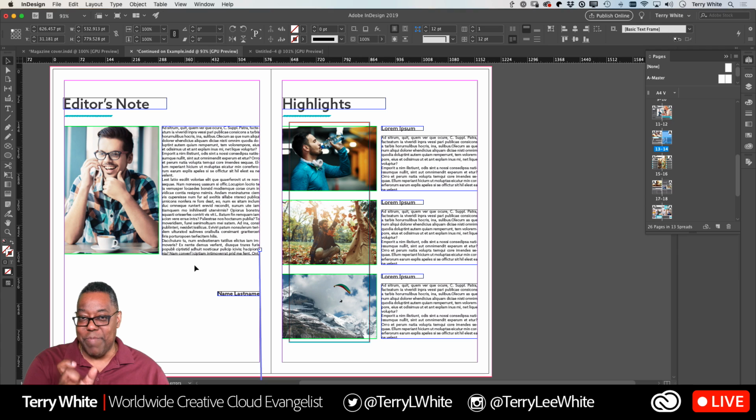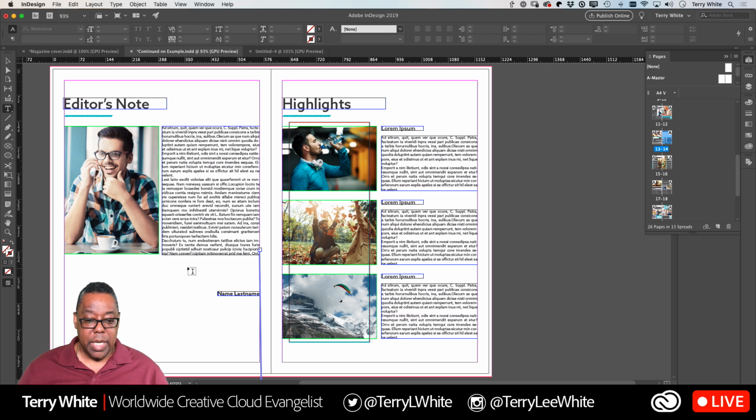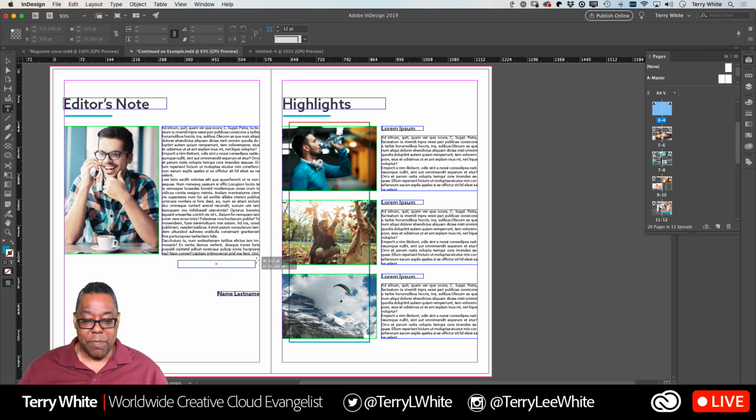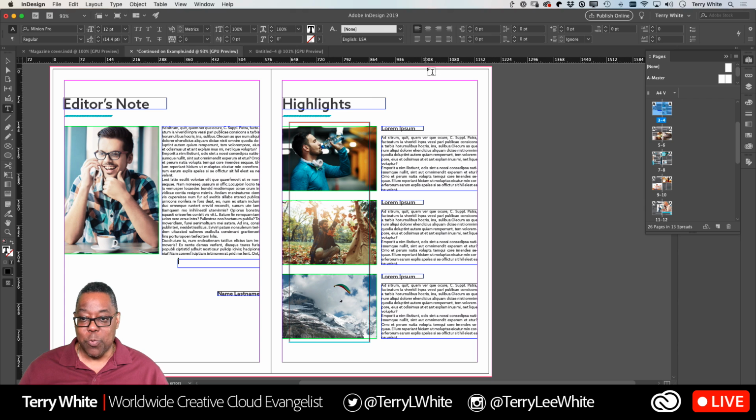They would basically spell it out that you've got to go to page 14 to continue reading this. So we're going to do that with a continuation, a jump-to in InDesign. So first we're going to create the first frame. And I'm just going to go ahead and make a separate frame. I'm going to right justify my type, so it's right justified. And I'm going to say, editor's note